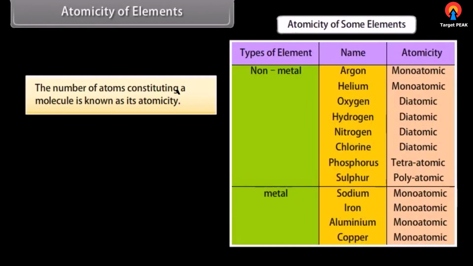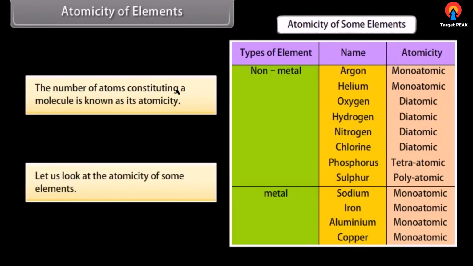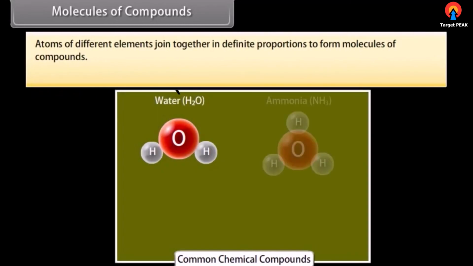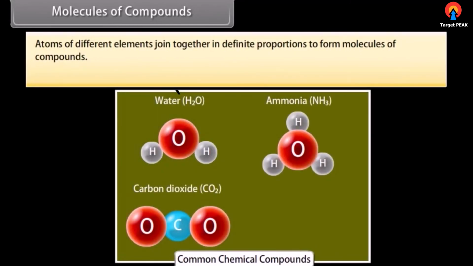Atomicity of elements. The number of atoms constituting a molecule is known as its atomicity. Let us look at the atomicity of some elements. Molecules of compounds. Atoms of different elements join together in definite proportions to form